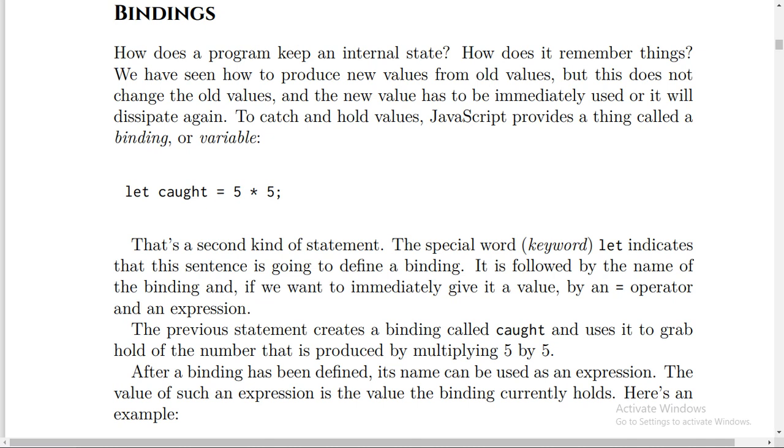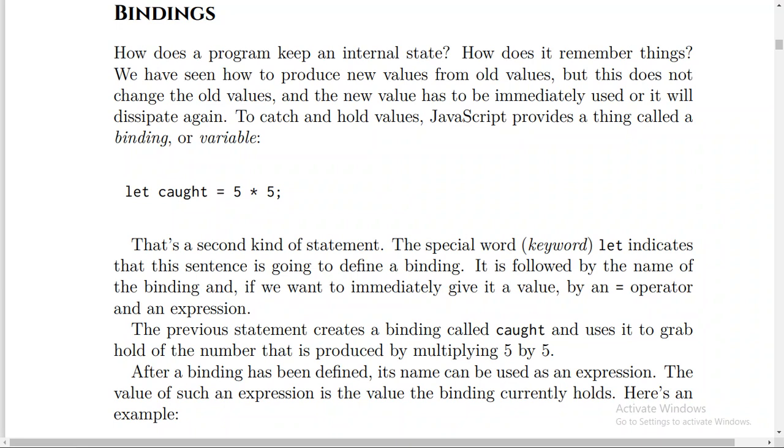To catch and hold values, JavaScript provides a thing called a binding, or variable, like this example. let quote = 5 * 5; That's a second kind of statement, by the way, and the special word, the keyword let, indicates that this sentence is going to define a binding, and it's followed by the name of the binding, and if you want to immediately give it a value, by an equal operator and an expression.